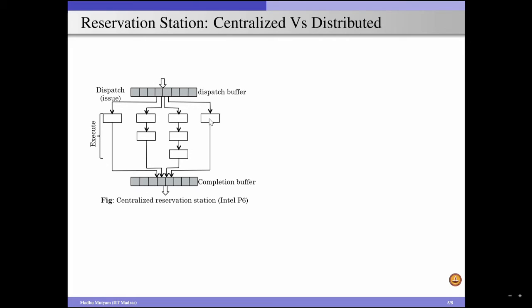In order to support that, we need a multi-ported dispatch buffer at the output side. So we need 4 ports so that 4 instructions can be issued or dispatched to the execute stage. And we already discussed in the cache memory design that once we increase the number of ports, it is going to increase the overall execution time, and also it is going to incur hardware overhead as well as power consumption. So in order to eliminate the problems with this centralized reservation station, we can go for another alternative